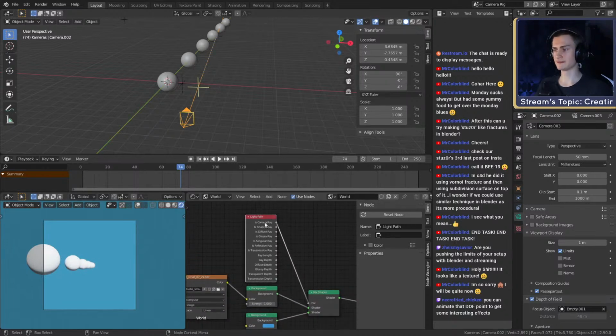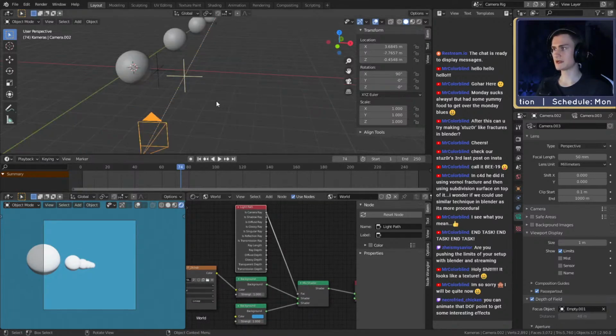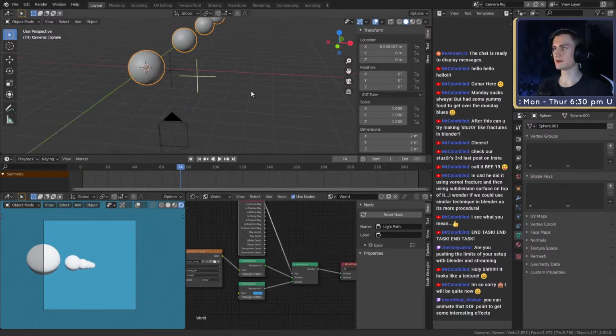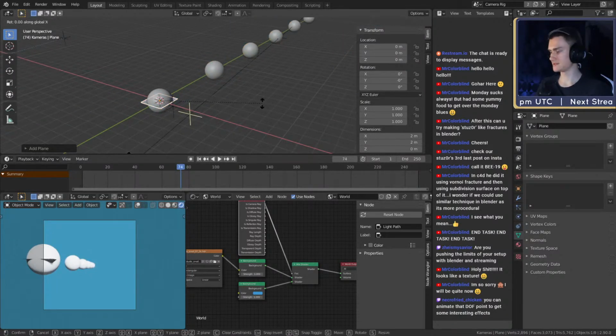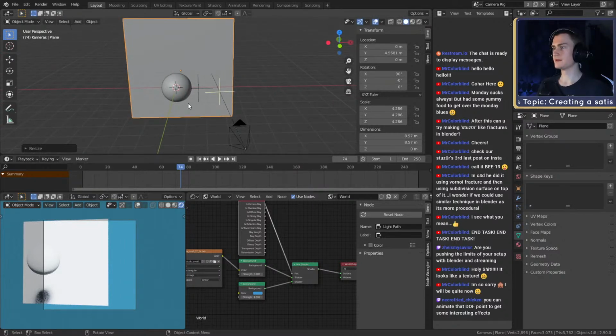How the camera ray socket works is basically, if your camera sees an object, for example the spheres, I can probably show it easier if you bring in a plane, rotate that by 90 degrees, bring that over here. isCameraRay basically tells you if the camera can see the object, it's a value of 1. If the camera cannot see it, it's a value of 0.